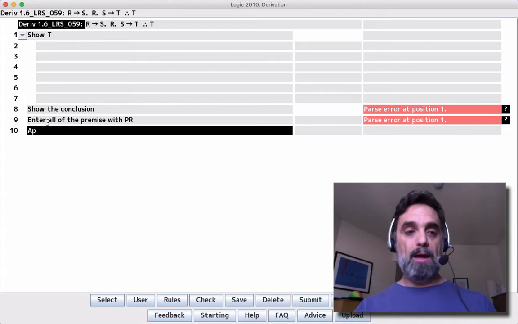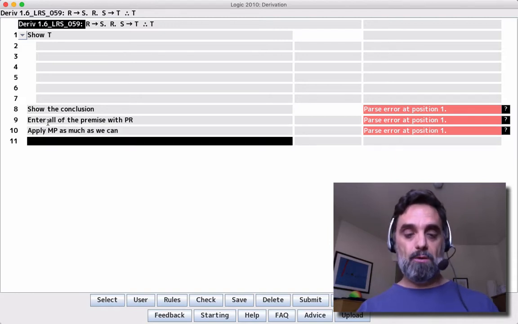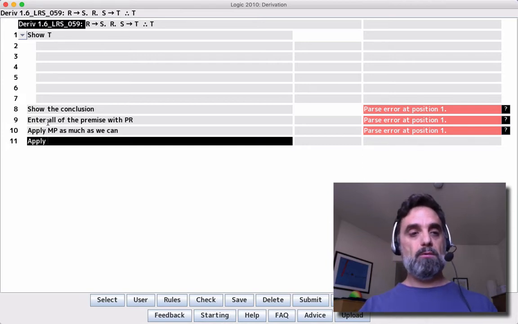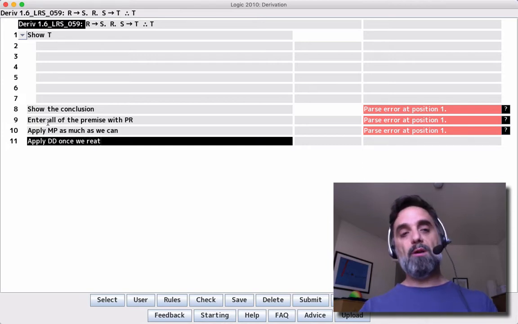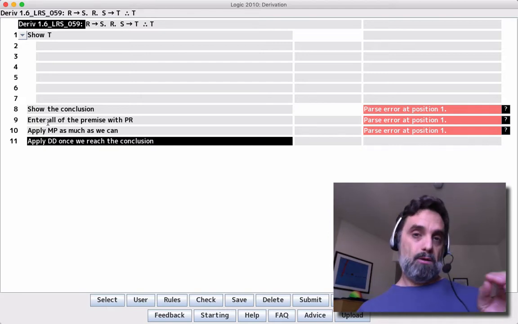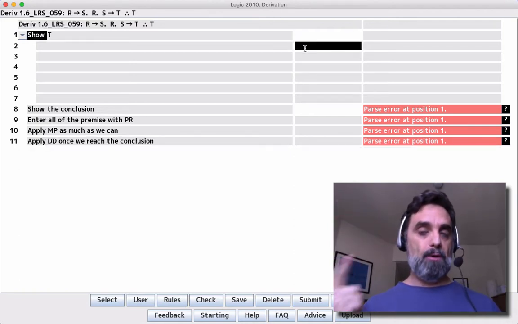And then we'll apply MP as much as we can. Eventually that will get us to our conclusion, and once we find the conclusion, we apply DD, and applying DD to the conclusion on the line that we get it at will box and cancel the show line. So we've done the first thing, we've shown the conclusion, now we want to enter all the premises